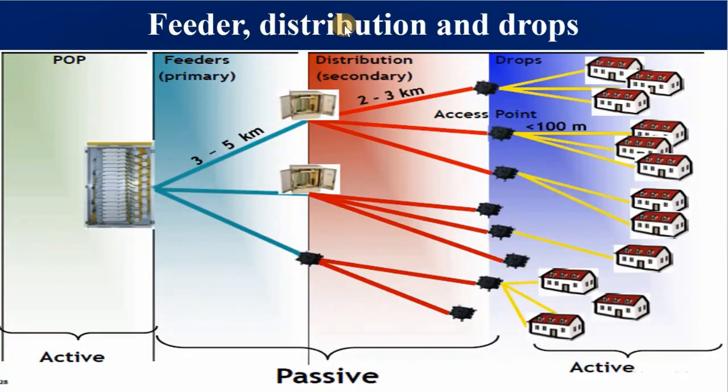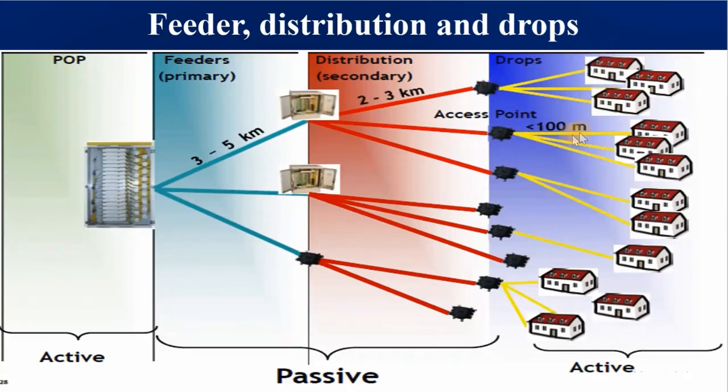Feeder cable, distribution cable, as well as the drop cable. Please take note of the following terminology. POP stands for point of presence. That's where we find the OLT. Then one fiber from the OLT to the splitter can stretch for 3 to 5 kilometers. Mind you, we said the physical reach of GPON can be up to 20 kilometers. Then the NAP represents the network access point. It can stretch from 2 to 3 kilometers, and then from the NAP to the customer's place, normally